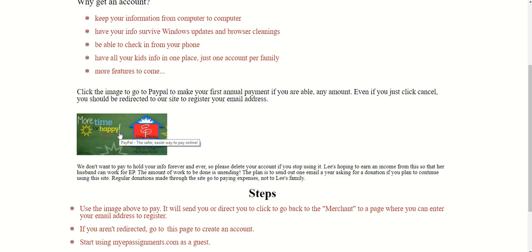So what I'm asking for is an annual payment, basically a donation, any amount, if you're going to be using it. If you're not going to be using it, don't make an account or delete your account, because server space costs money. You don't want to hold your stuff if you're not using it. So if you click on this, it'll take you there, and even if you just click cancel and don't want to give a donation, you'll be redirected to